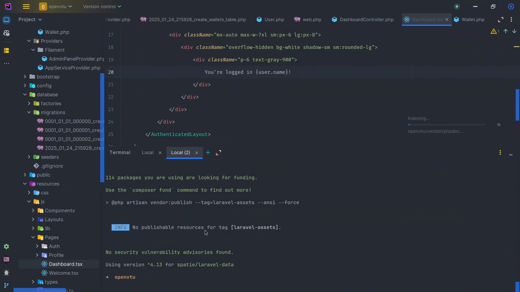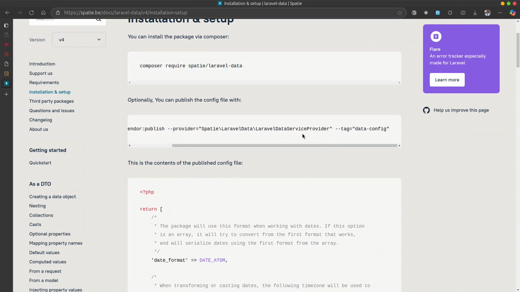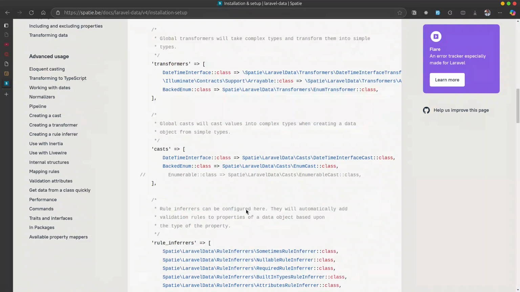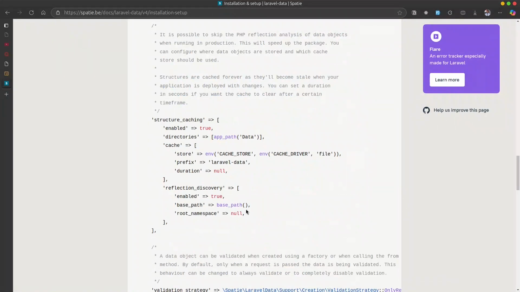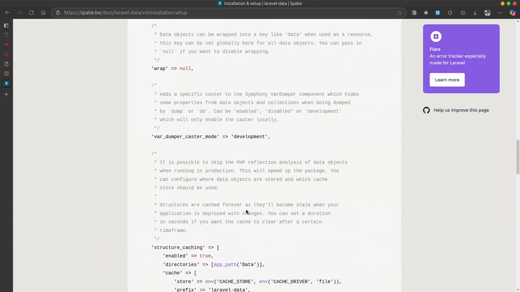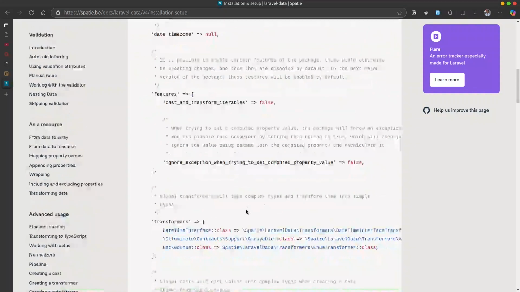Okay, it's installed. So the next thing we need to do is, optionally, you can publish the config file with this. Do we need to publish the config file? I don't think at this level. Do we need it? I don't think so. So now let's go to TypeScript,